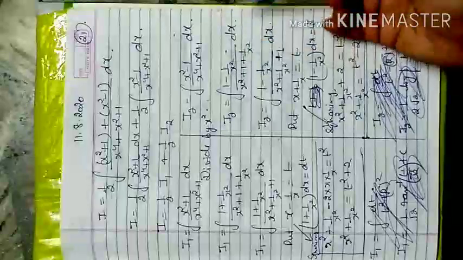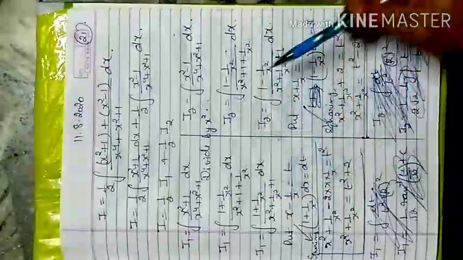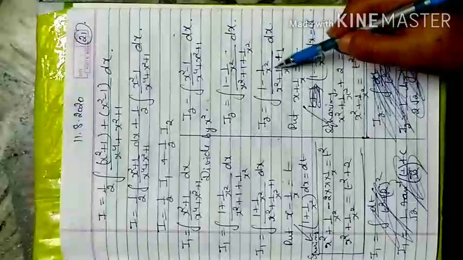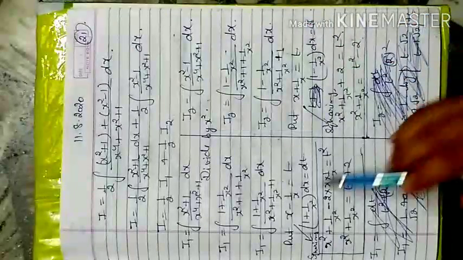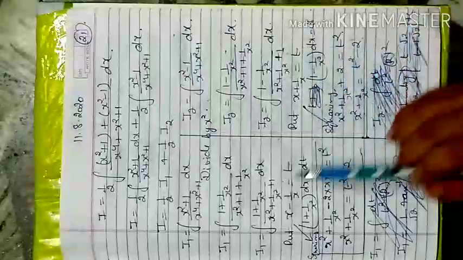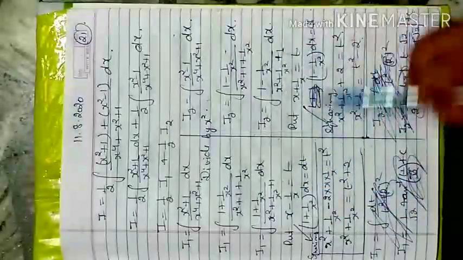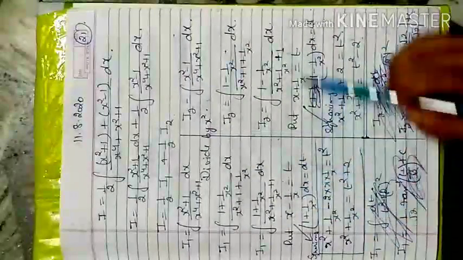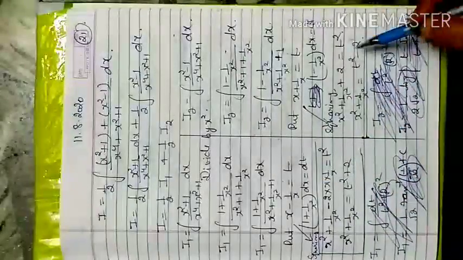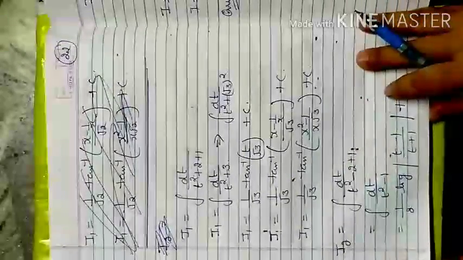Both will be divided by x square. This becomes 1 plus 1 by x square, and 1 minus 1 by x square, over x square plus 1 by x square plus 1. Now here x minus 1 by x is equal to t, and x plus 1 by x is equal to t, with the numerator merging into dt in both cases, and squaring these two equations we get x square plus 1 by x square as t square plus 2 and t square minus 2. Now you separately solve this I1.